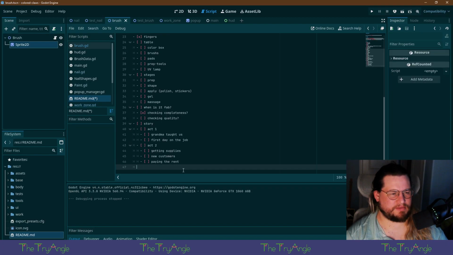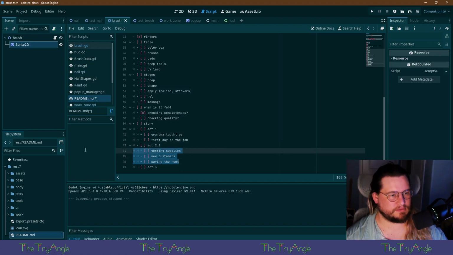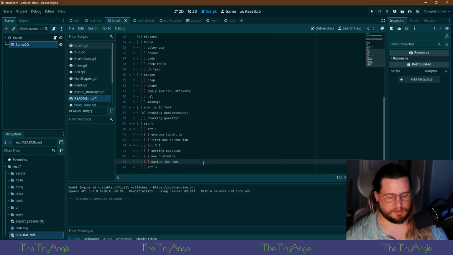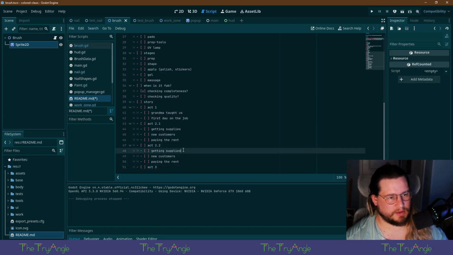I think you have to pay a fee to use a booth. Oh, that's right, Act 2. That's how movies are. Act 2 is always splitting into 2 parts. I don't know why they just don't call it a 4-act. Call it a day. I want to count to 4. You guys got one step further than Valve. Getting supplies, paying the rent.